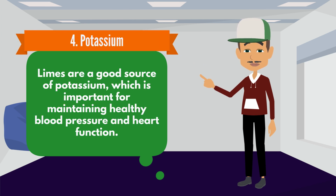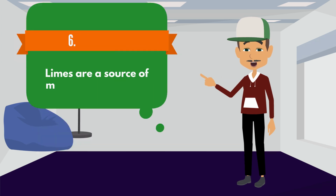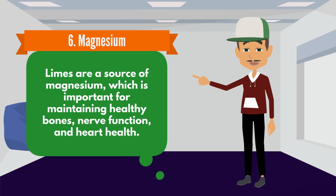Limes are a good source of potassium, which is important for maintaining healthy blood pressure and heart function. Number 5, calcium. Limes also contain calcium, which is important for building and maintaining strong bones and teeth. Number 6, magnesium. Limes are a source of magnesium, which is important for maintaining healthy bones, nerve function, and heart